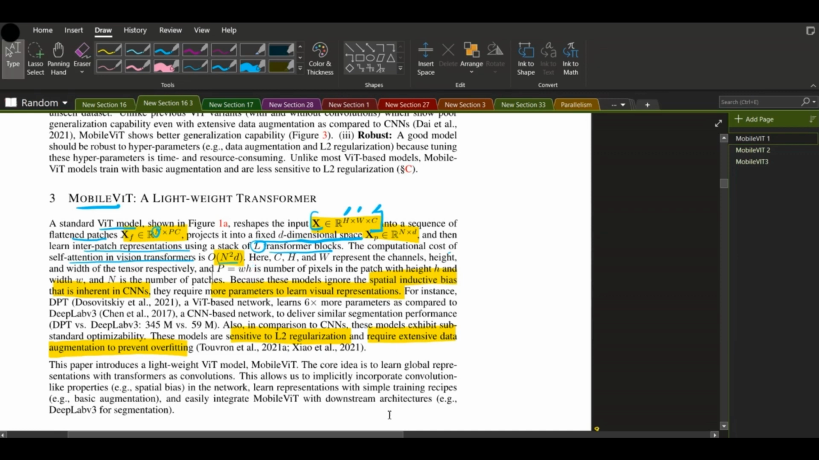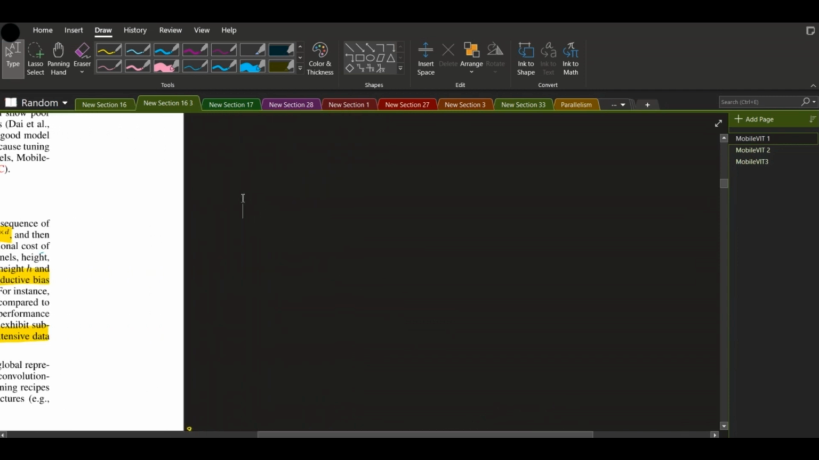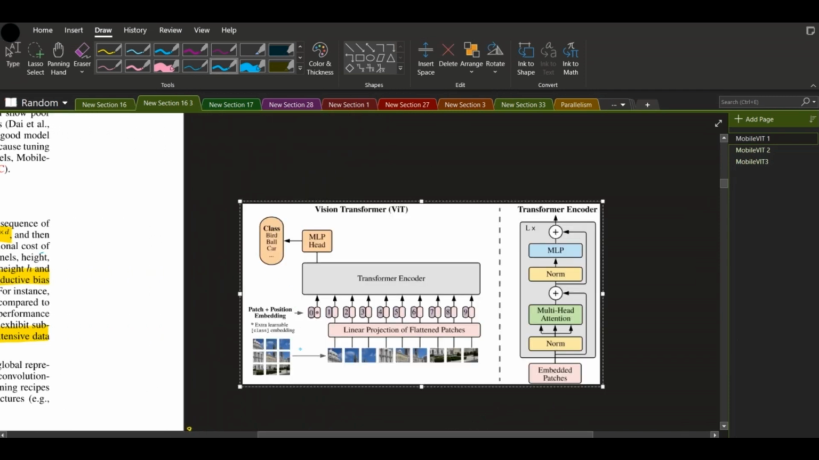So I'm just going to try to visualize my explanation. You can think of this image here getting split into these patches. So we flatten the image into patches. Then we have a linear projection of flattened patches, so we create a lower dimension linear embedding. Then we include positional